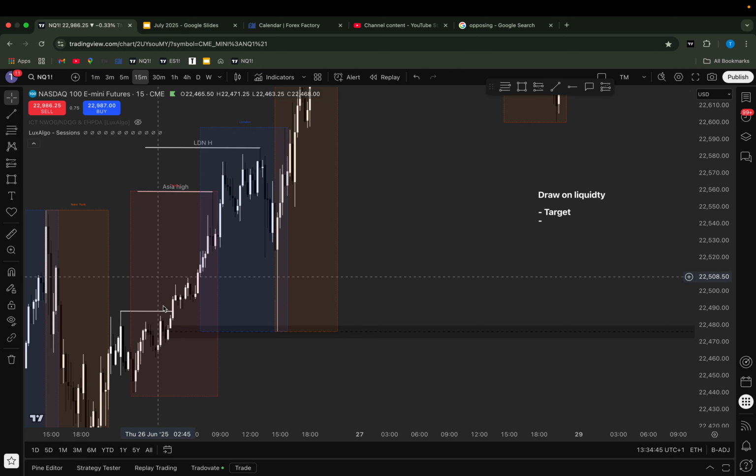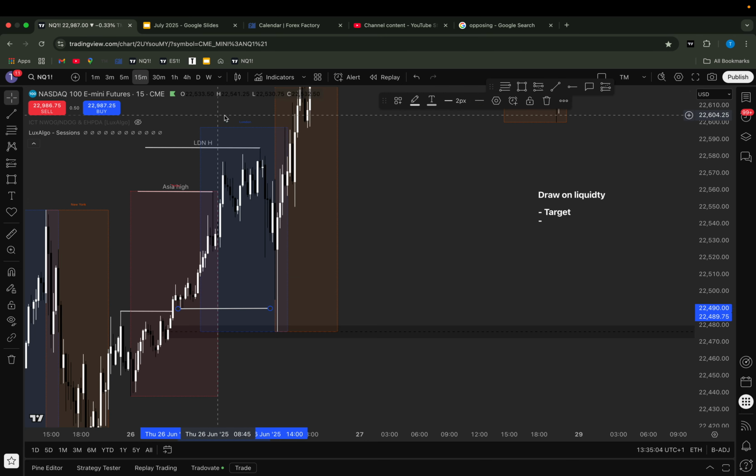So you can see there would be your targets you'd want to see price reach, because they're external. This here is buy side liquidity, and obviously here this would be your sell side if you're looking at it from just this range, because obviously when you're looking at ranges,